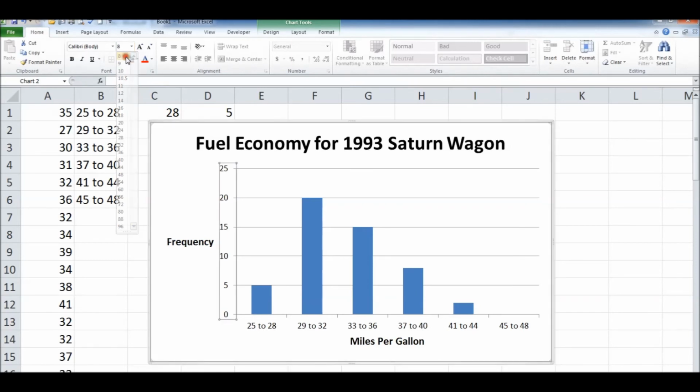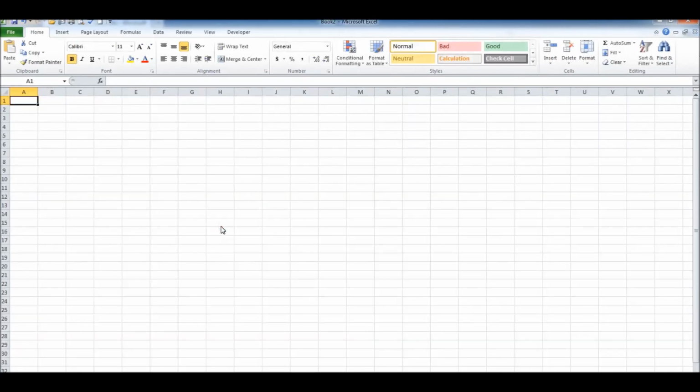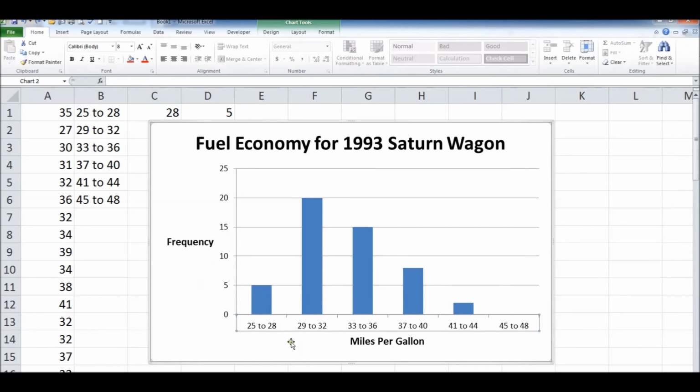And at this point, you can dork around with other things. You can shrink the numbers down so that the vertical axis matches the horizontal. If you want, you can bold those numbers. Whoops. What did I just do? There we go. You can bold the numbers, or you can leave them unbolded. You can change colors. There's lots of things you can do, but that just gets you started, at least labeling the axes,